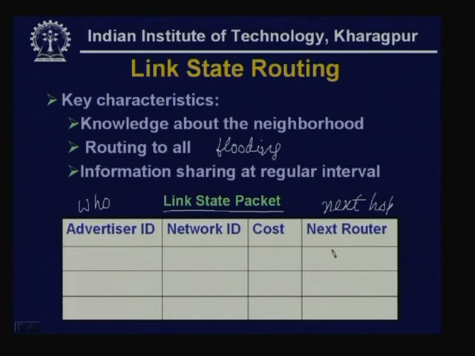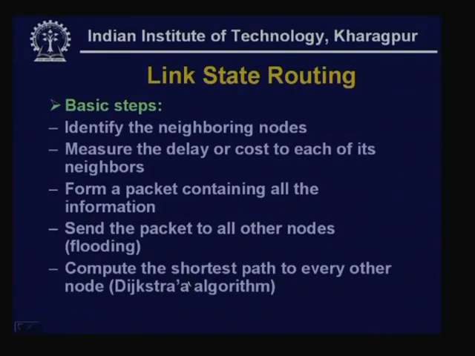So, this information is used, and that packet is known as link state packet. The link state packet is broadcasted with the help of flooding to all the nodes, and all the nodes will gradually gather information. Initially it may be very sparse, but as time passes, as more and more information is received from different nodes, each and every node will make some kind of database, and they will use that database, as I have mentioned, to find out the shortest path to every other node,